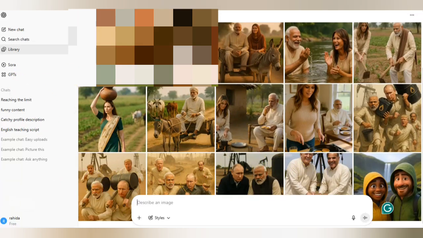Okay, so these images I have generated. So now you can see that the number of images generated is beyond the limitation. So I hope you understand what I'm saying to you, that using ChatGPT on PC you can generate unlimited